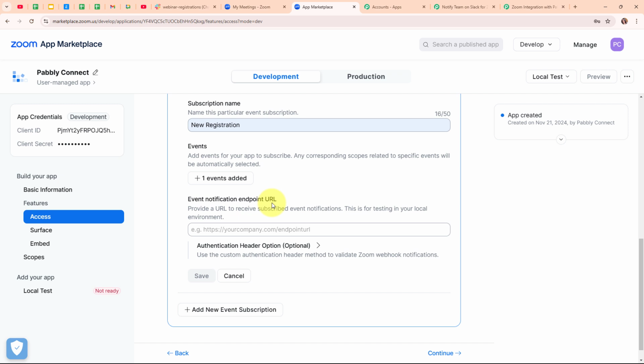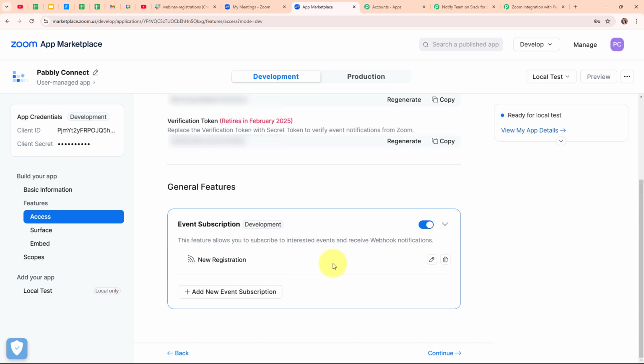After selecting the event, it is asking me to enter the event notification endpoint URL. That means I need to enter the URL on which I want to receive the response for that particular event. So I'm going to enter the webhook URL that I received in my Pabbly workflow, and after entering the webhook URL, I'm going to click on save. With this, we have successfully set up a webhook inside our Zoom for the particular event,